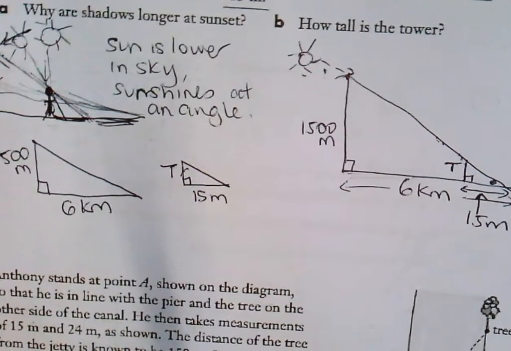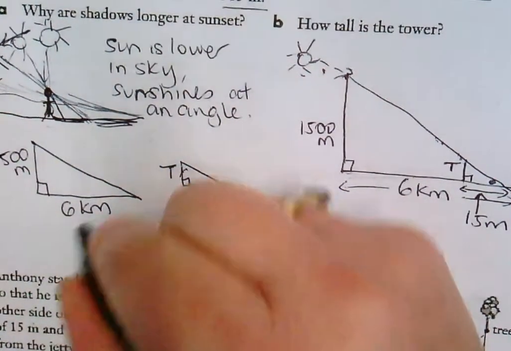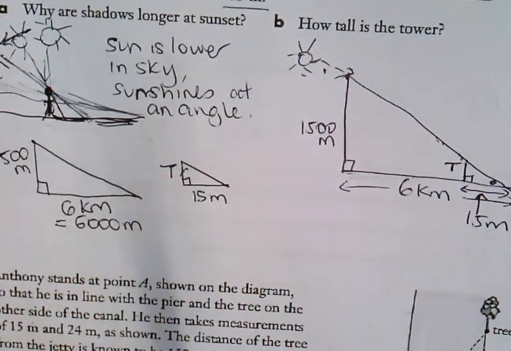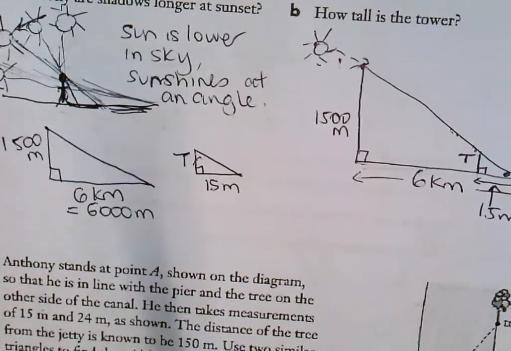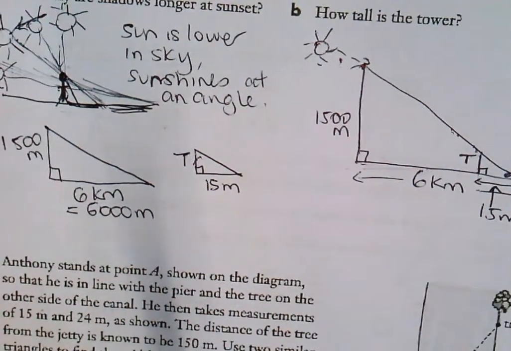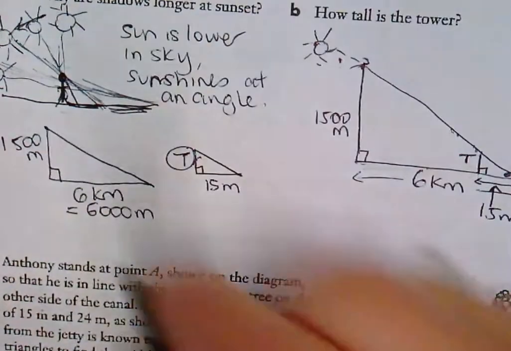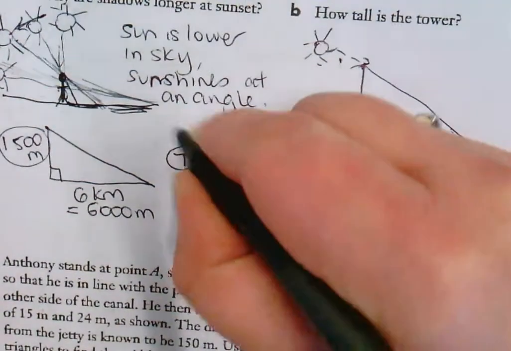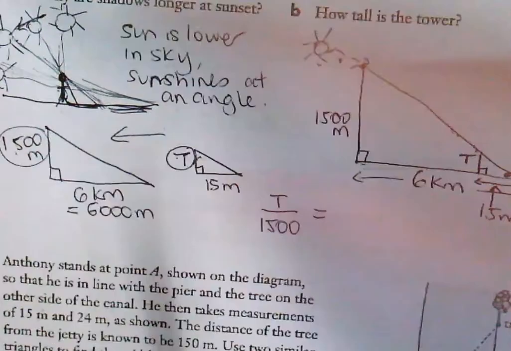Girls, what's my problem in here? What do I need to change? Change this to meters. Right, set up our equation. Set up the equation now. What over what? What do you look for first? The unknown. T over 1,500. I'm going that way. Equals, that over that equals